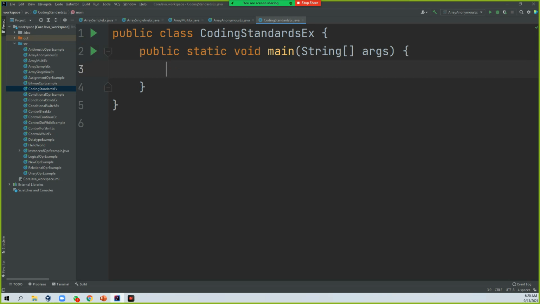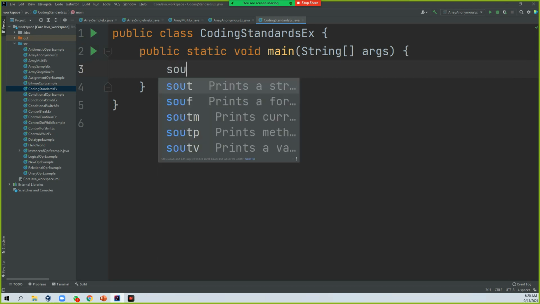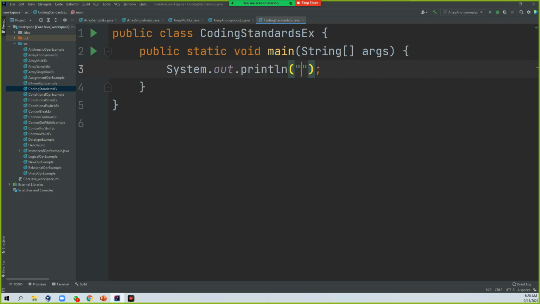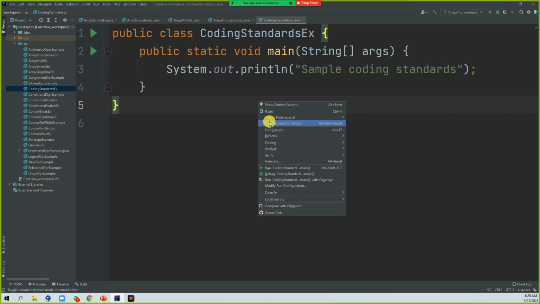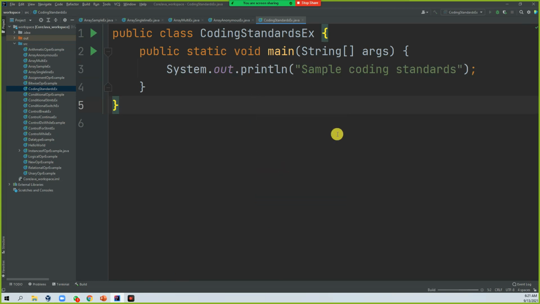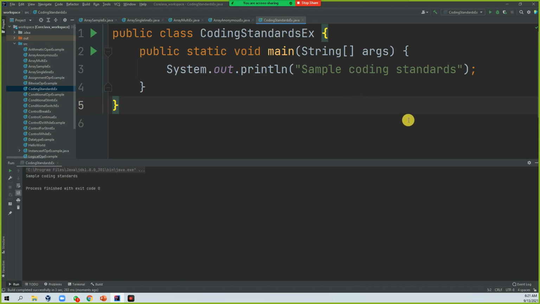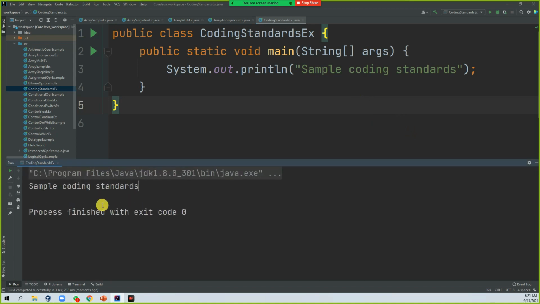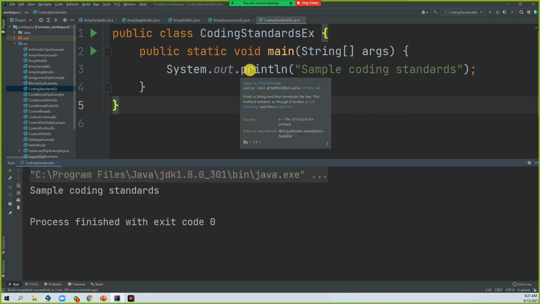After that, I'm just printing System.out.println "sample coding standard". If I print it, you are already aware of this. This printing statement is very simple. We will only get "sample coding standard" as the output. So there is no output difference. The only thing is your code